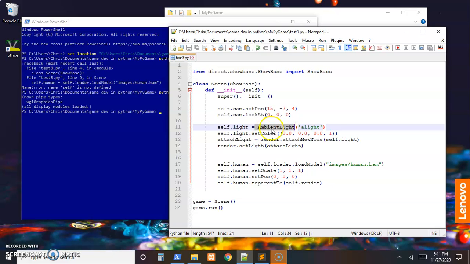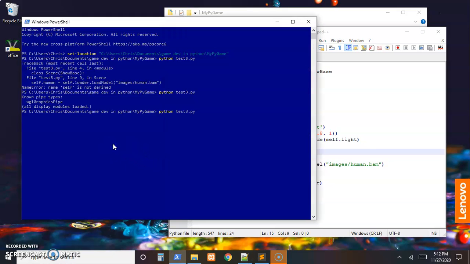What type of light do you want? And we'll see those in more detail soon. And an RGBA value for it. And then we just attach it as a new node, create a new node, and then attach it to the render object. So if we come over here and give this another run,